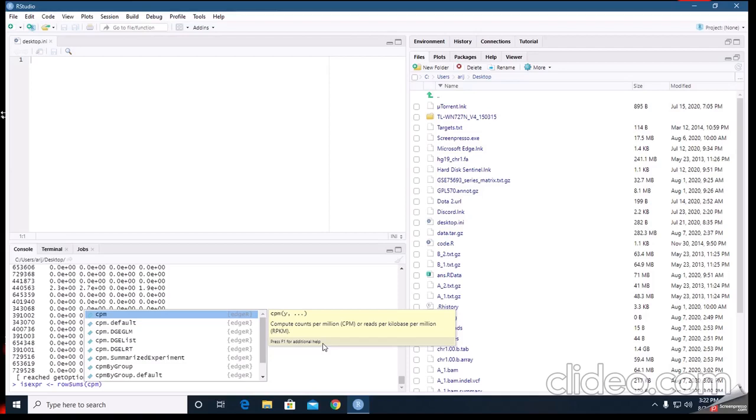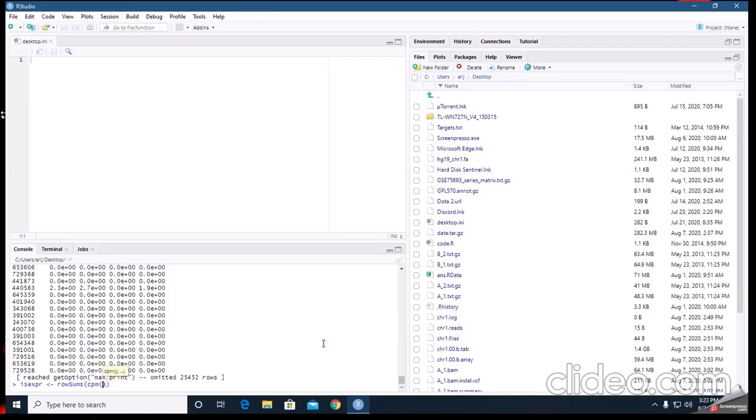This is similar to RPKM, and we use X. I already told you that we only want those genes which have a value more than 10, so we use the greater than operator and use 10, okay? And we want at least two libraries, so we declare greater than or equal to 2, so it will count 2 or more than 2 libraries.